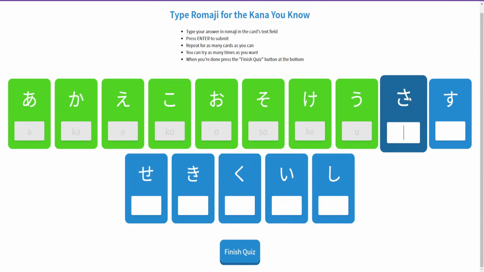Back to the sa column. This one looks a little bit like a sign that's been through, I don't know, a tornado. It's messed up. But it looks like a sign, and it's pronounced like